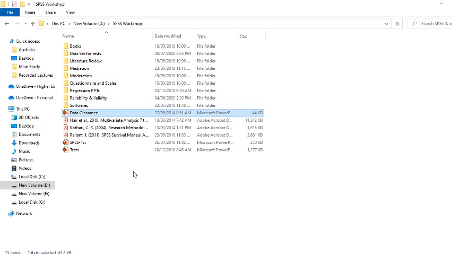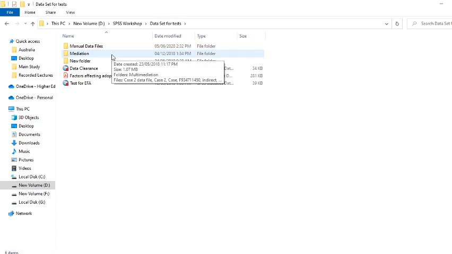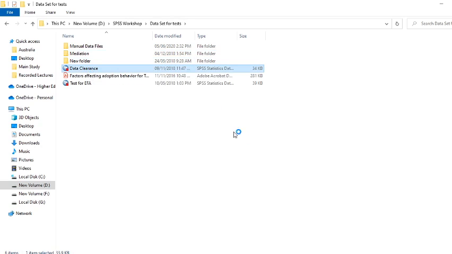Today let's suppose we have this data clearance SPSS file in which we are going to have this practice session. So wait for a minute while the SPSS file is being opened.